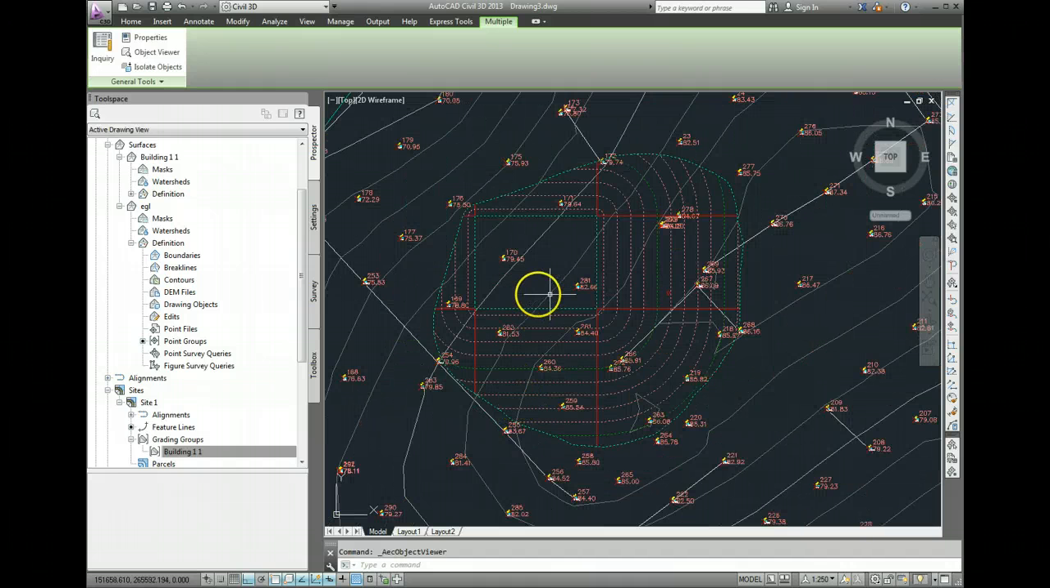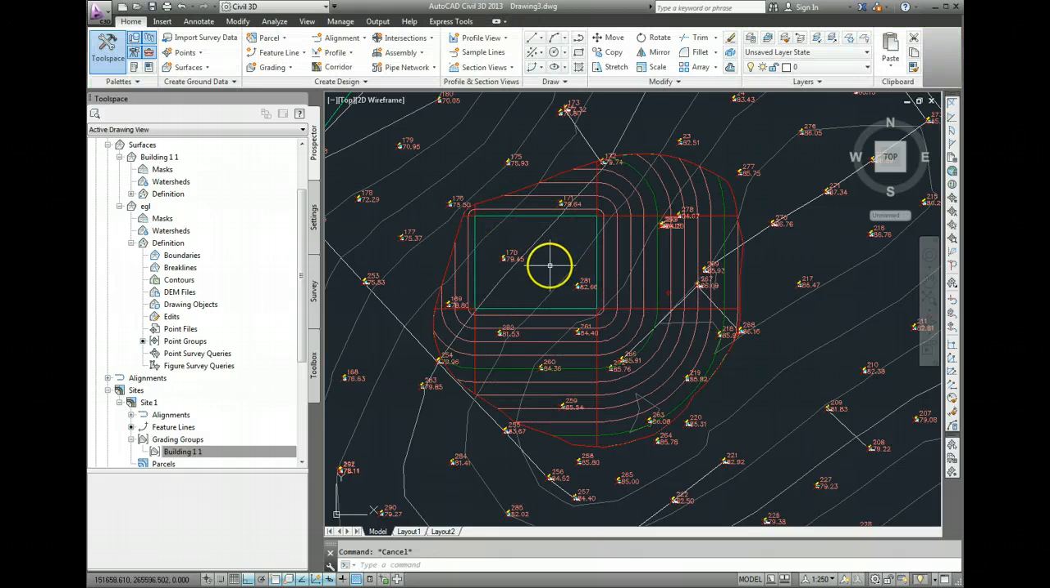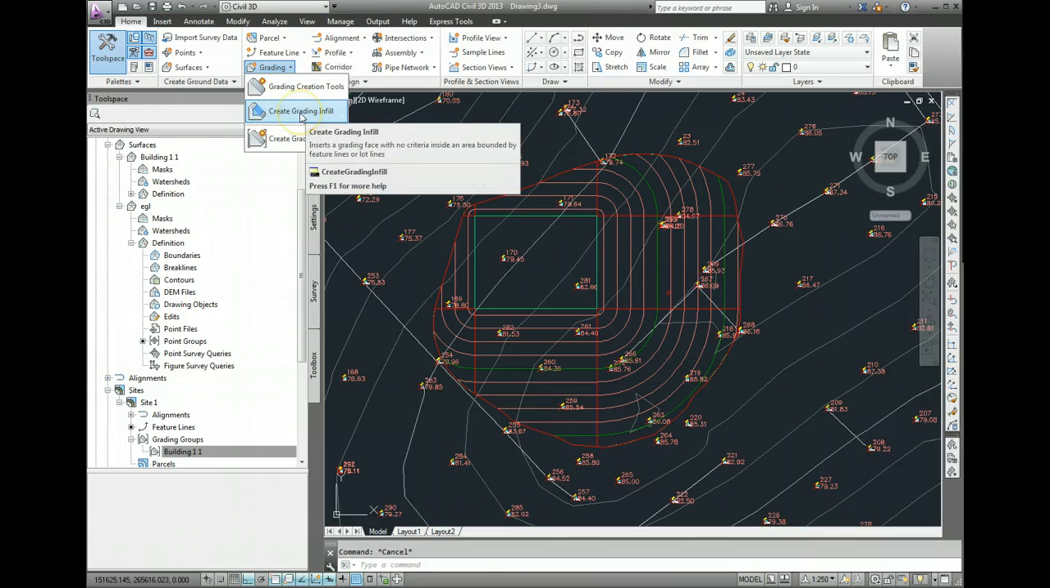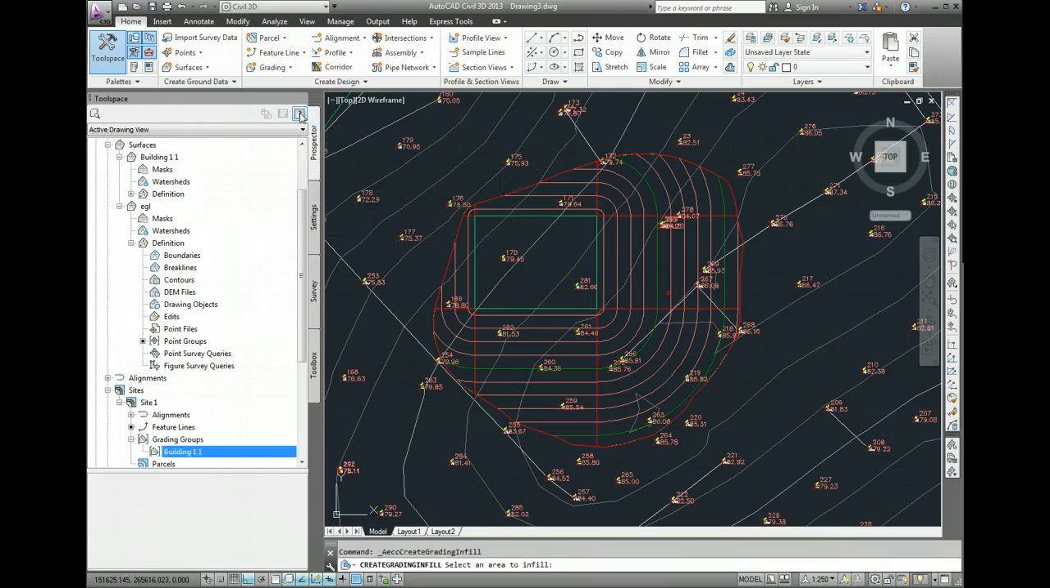Now that surface has a hole in it where this rectangular footprint is going, so what we need to do is create what's called an infill. And that infill is going to just fill that rectangular shaped hole in. So we do that by coming up to the grading tool and going to the create grading infill option, and you'll see on the command line, select an area to infill. So if you move your mouse anywhere inside that feature and do a click,